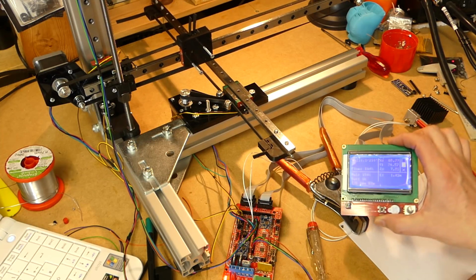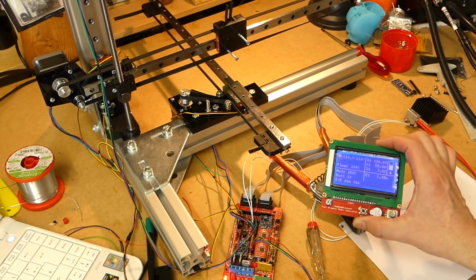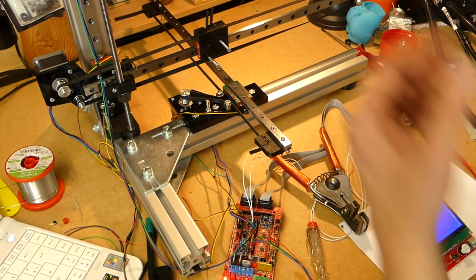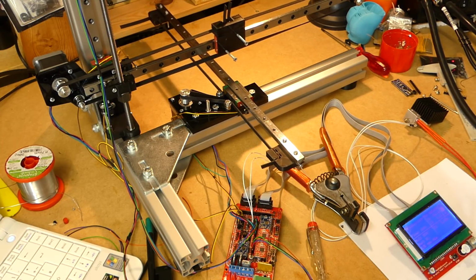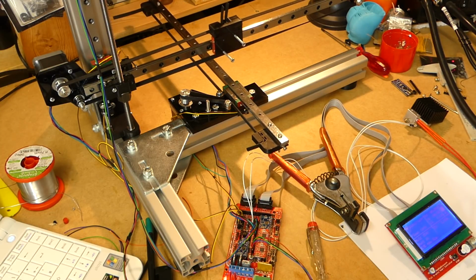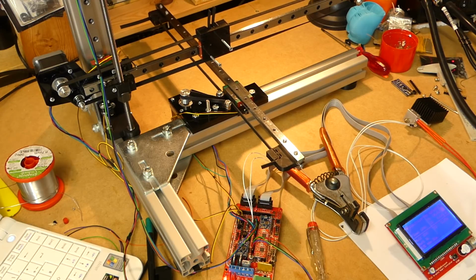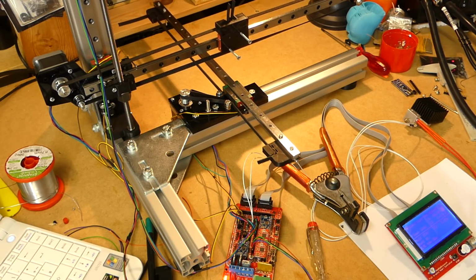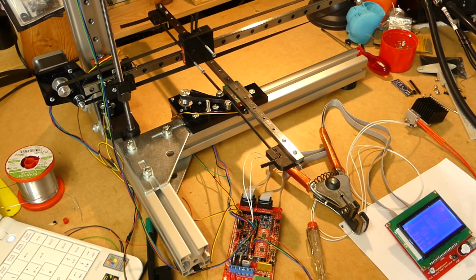As you can see, the display is working, which is cool. And I'm printing, I don't know, the last print that I was doing with my other printer, I'm just repeating that one onto this printer. It's probably all wrong, but since it doesn't have an extruder or a build plate, it doesn't matter. But it's cool, it's working,